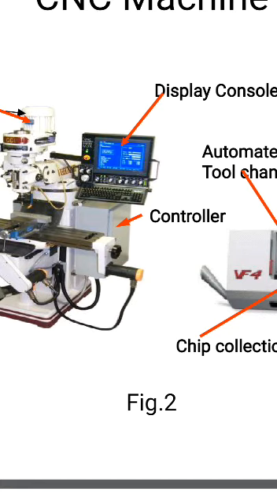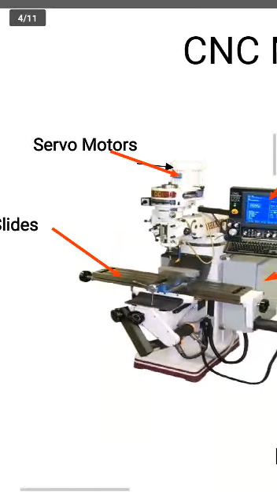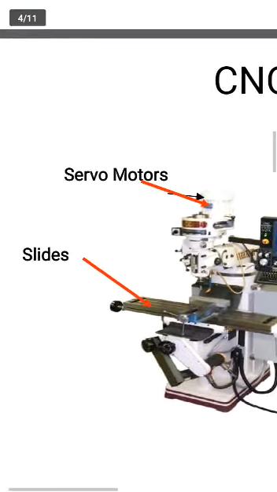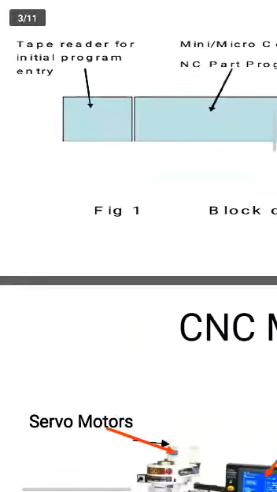Computational capacity: the computer is connected to the interface and servo system. This is the servo system. What does it do? The interface and servo system convert the part programming instructions into machine motion, so that the machine performs its work. That is called the working of a CNC machine. Each part does its own work.